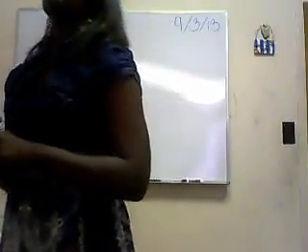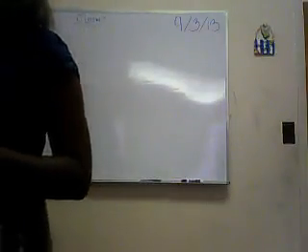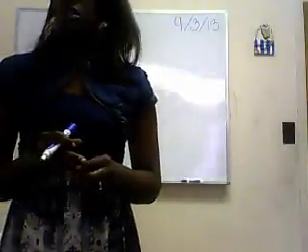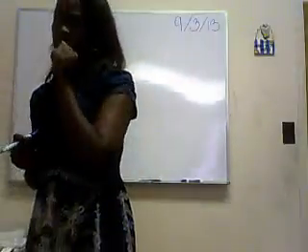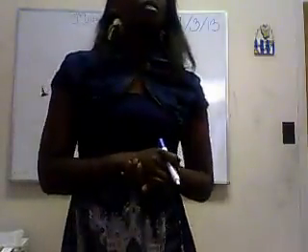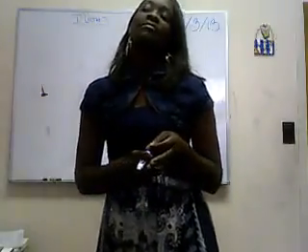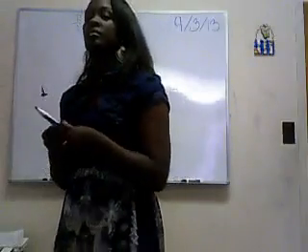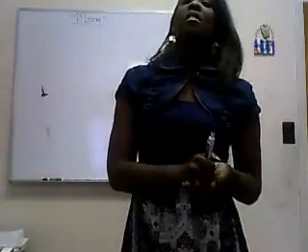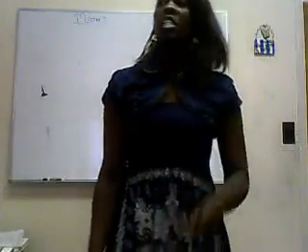7 times 1 is 7. 7 times 2 is 14. 7 times 3 is 21. 7 times 4 is 28. 7 times 5 is 35. 7 times 6 is 42. 7 times 7 is 49. 7 times 8 is 57. 54. 56. 7 times 9 is 63. 7 times 10 is 70. 7 times 11 is 77. 7 times 12 is